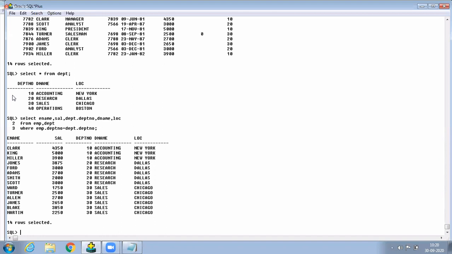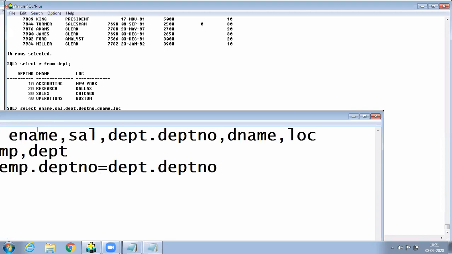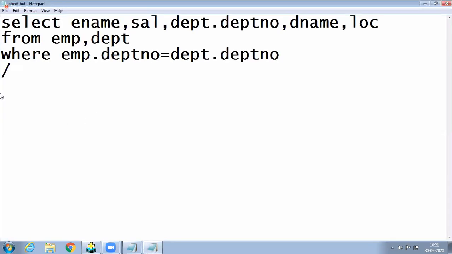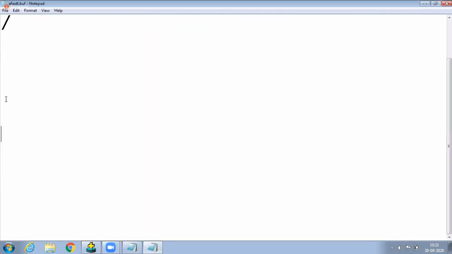Write a note: always equi-joins return matching rows only. Within the bracket, write it here, an example.